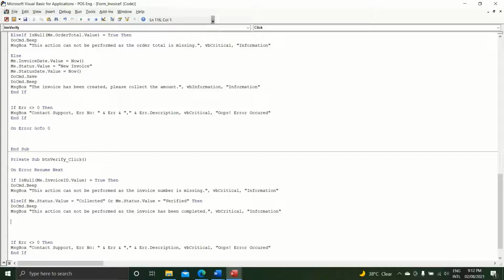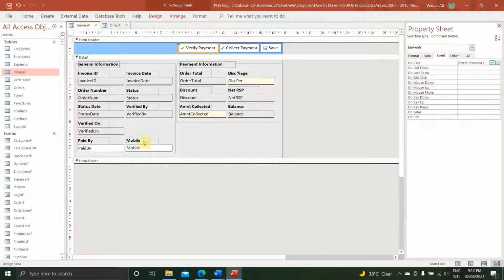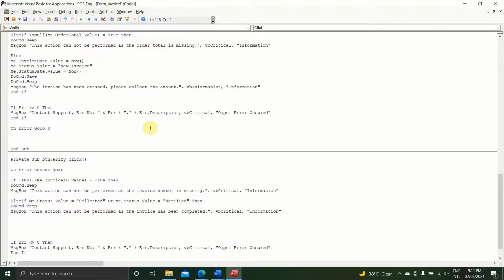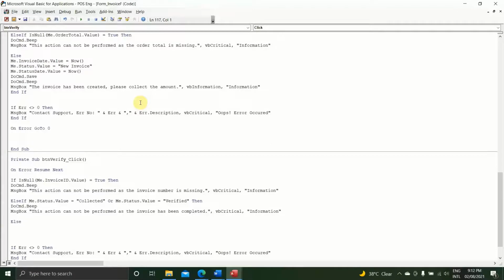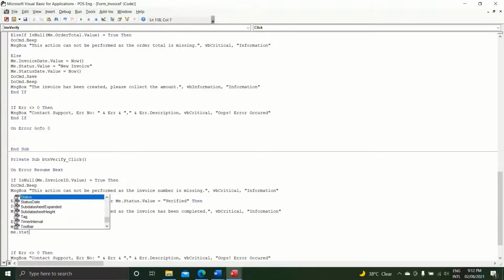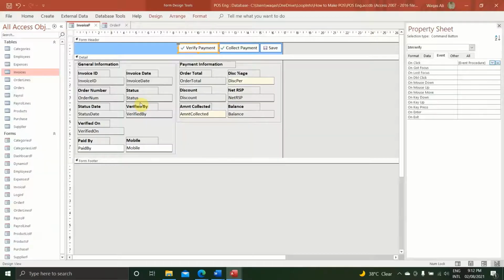Even if it is partially collected, this is the money and I can verify that, so that is fine. Anyway, let's go ahead and build in else do what? me.status.value is equal to verified. Okay, me.status date.value is equal to now, and